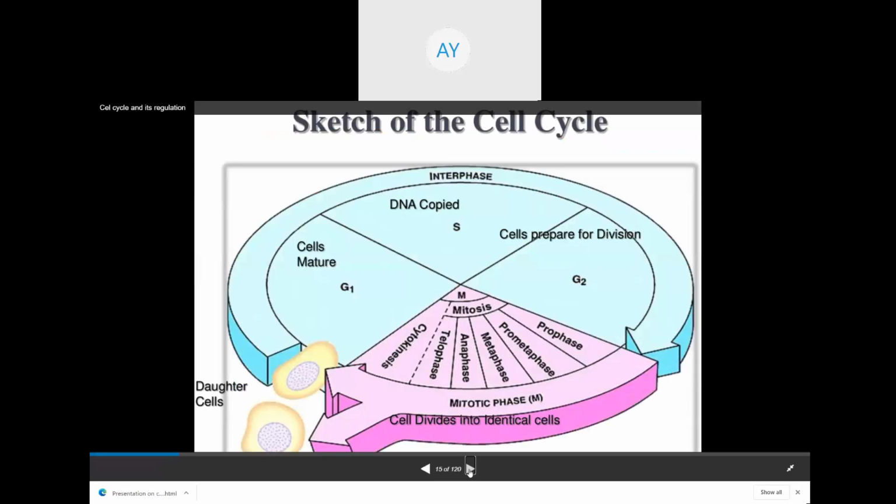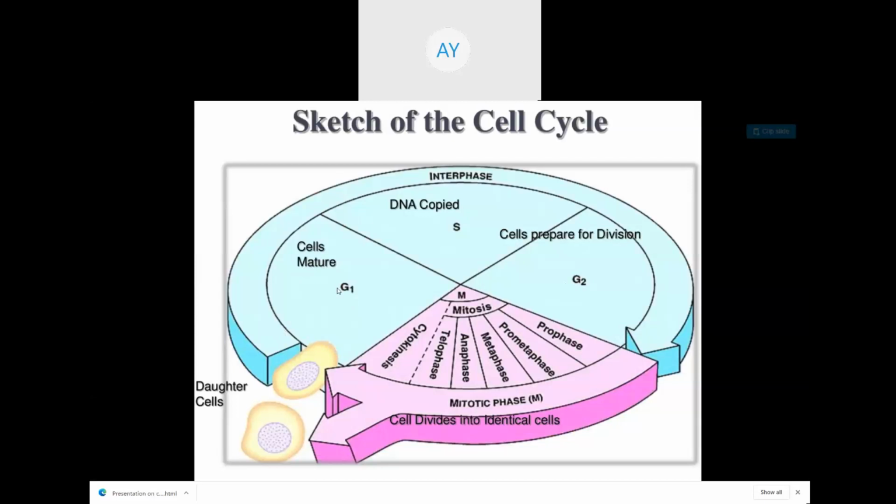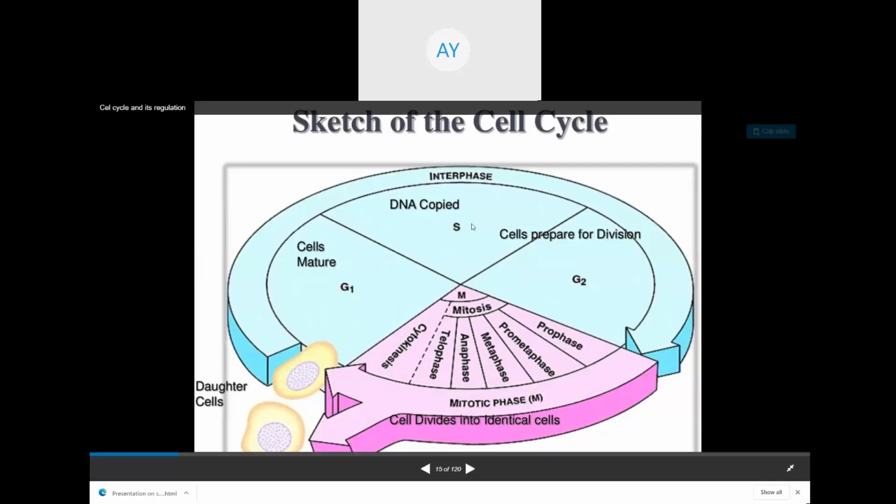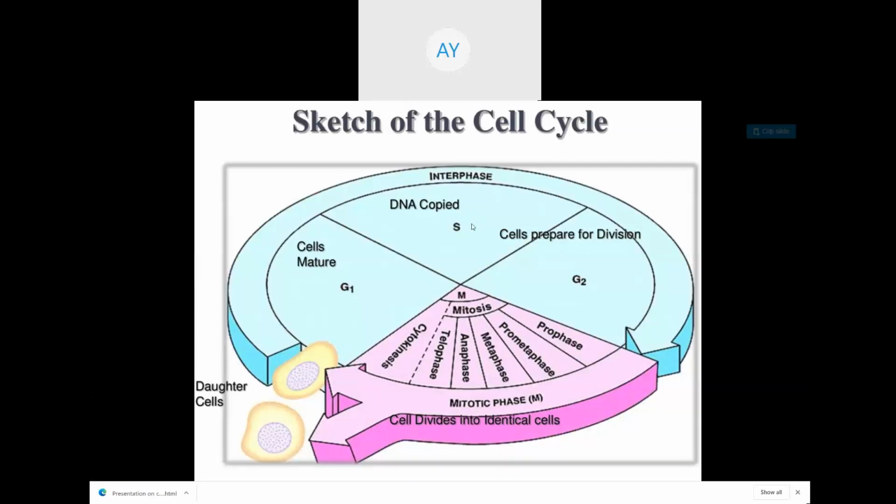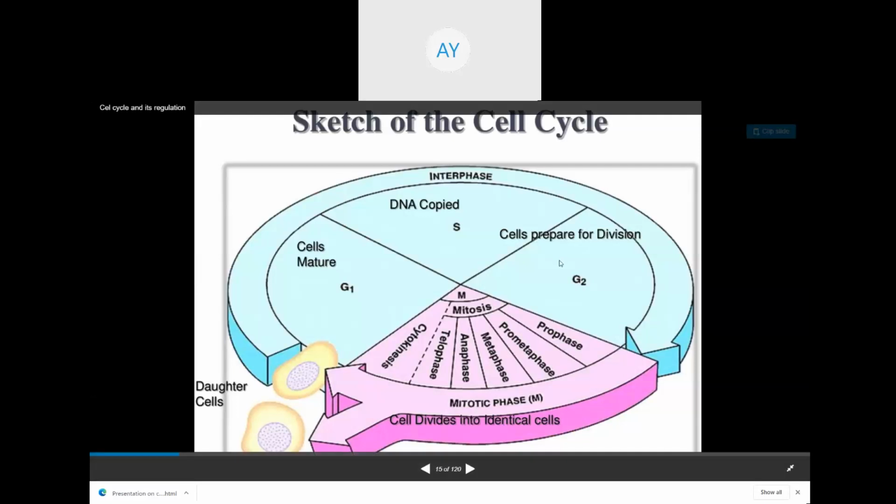ये दिख रहा है आपको, everyone are observing that sketch of cell cycle। पहला क्या है, इंटरफेस। ये कहां से कहां तक है, जी1 से जी2 तक। तो जी1 में that is cell is going to mature, or means there is a protein synthesis, there is a amino acid synthesis, there is a small unit like dATP, dGTP, dCTP, dTTP, these are synthesized, and then all the requirements is going to fulfill in G1 phase, that is metabolically active phase। Then making of DNA through process of replication occur, then synthesis of histone protein occur in S phase।